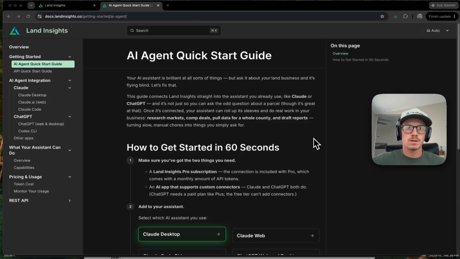A lot of our users have been wanting AI integration with Land Insights. Obviously, it makes a ton of sense. You want to make informed decisions. You want to make processes faster and repeatable. You can do a lot of that with AI nowadays. And what's great about Land Insights is we have a ton of data that you can access in there. That's super valuable. We've got market research data telling us what markets are doing, what properties are selling at, how